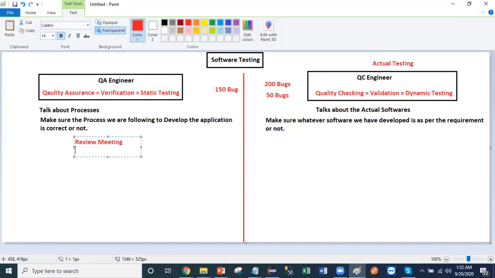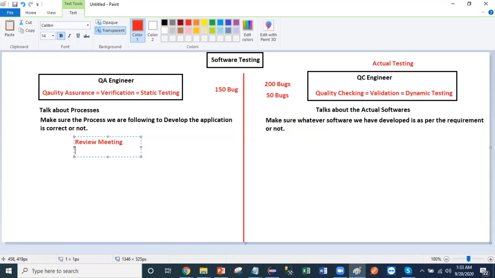QA means we are doing the preventive action before, like in the corona situation, right? We are wearing the mask. That is a part of the process. If we do not wear the mask, we will get the corona, right? And once we get the corona, then the doctor will do the actual testing on us. They will give the medications to get out of the corona.